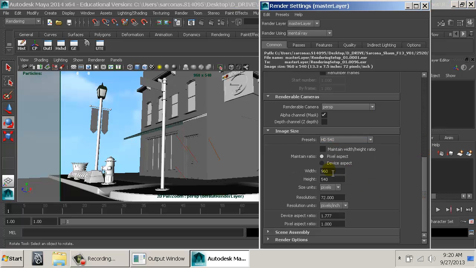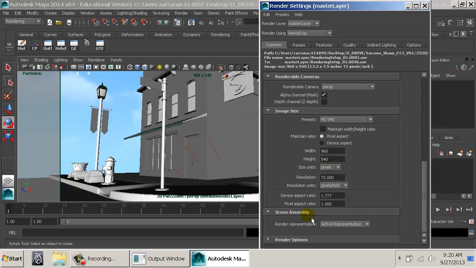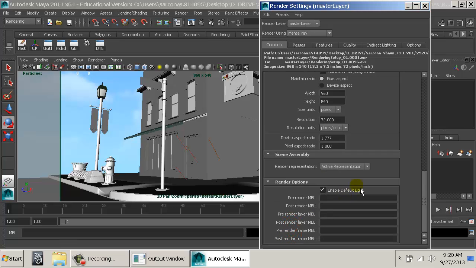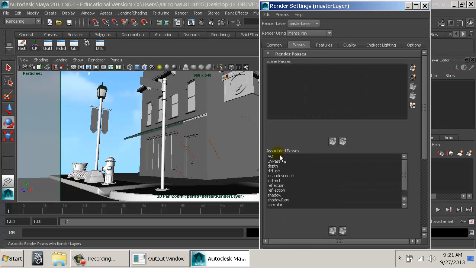HD 540, 960 by 540. We don't need to do anything about that. We shouldn't need to worry about the default light. Okay, when we come into our passes,